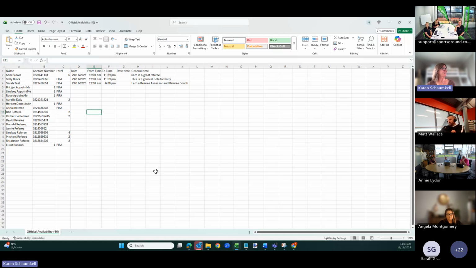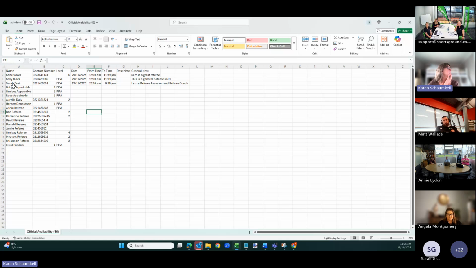Oh yeah, so this is the information that will appear on your report. It's going to list the available referees or officials at the top of the list, but you'll see that these particular ones that are registered have not set any availability for this particular date. If it was run over multiple dates, it would show a person's name and then the multiple dates, and whether they've nominated availability. It's going to show what time frame they've said they're available.